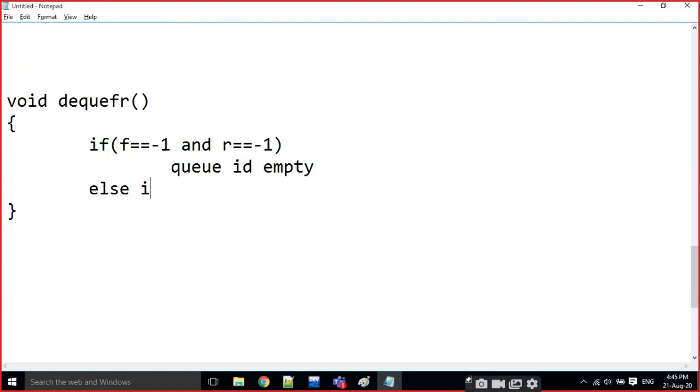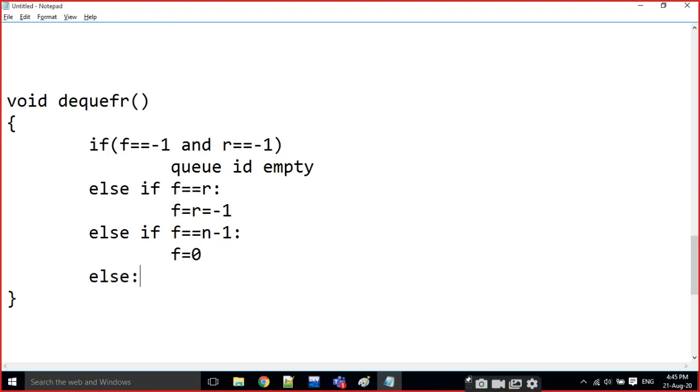Else, if both are at the same position, that means that is the only one value, then F is equal to R is equal to -1. We know all these things. Then else if F is at the last position, what do we have to do? We have to set F equal to 0. We have to go back to the first position. Then else, this is the main condition. In the main condition, what do we have to do?